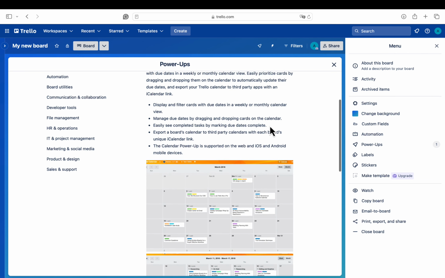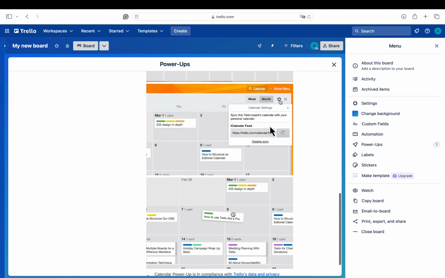Now you can see all your tasks with due dates in a calendar view, making it easier to manage your schedule.